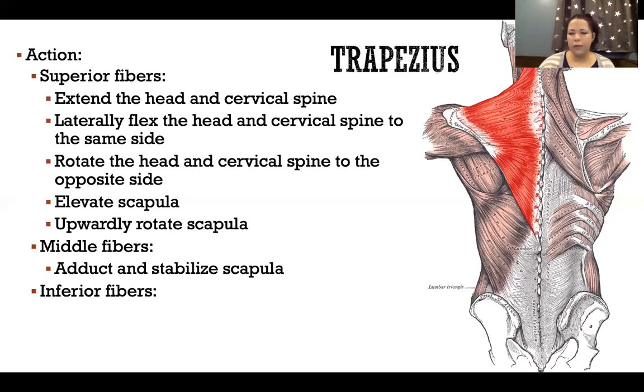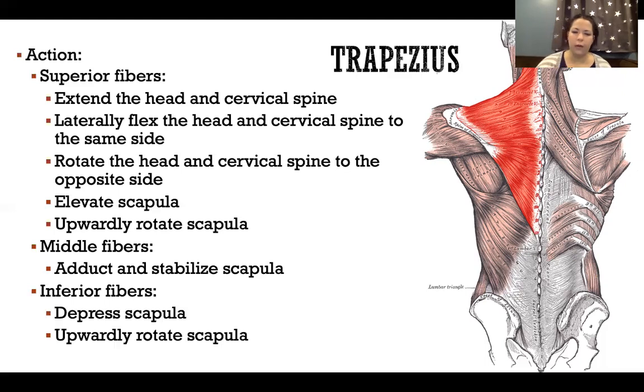And then the inferior fibers, the ones that are all the way inferior here and going upward at an angle towards the scapula, those are the inferior fibers. And if they pull, they could pull down, that would be depression. And because they're pulling on the inferior medial border of the scapula, they will also contribute to that upward rotation